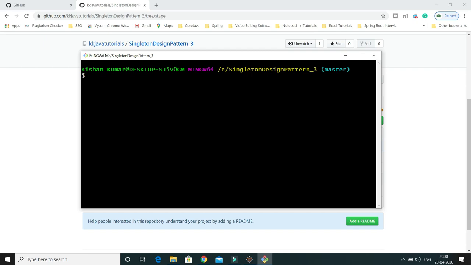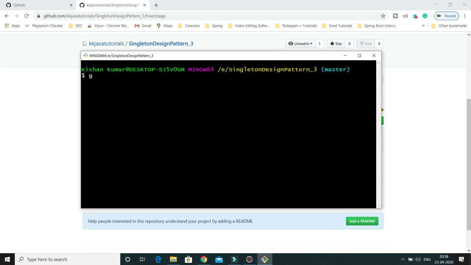Now let's move ahead and learn how to first create a branch, and after that we'll see how we can delete the branch. To create a branch, of course you can use git checkout. In one of my earlier videos I have shown you how to create a branch using the git checkout command. Here I'm going to show you how to create a branch first using the git branch command, and after that how we can delete it. My git is pointing to the master branch. When you would like to create a branch out of any existing branch, then first of all you need to switch to that branch.